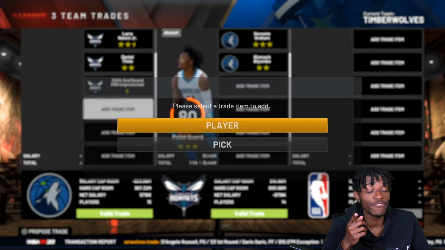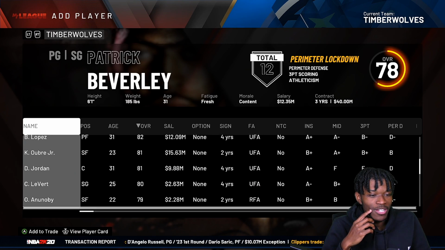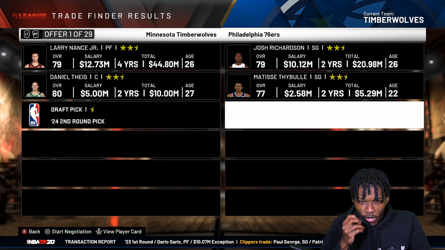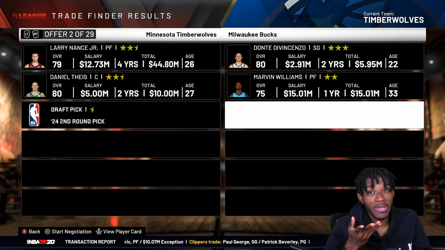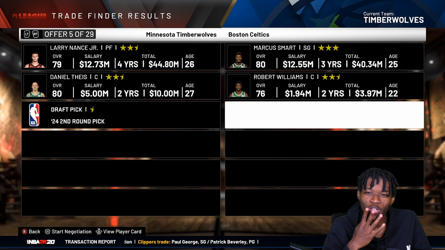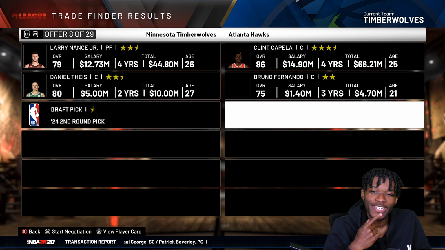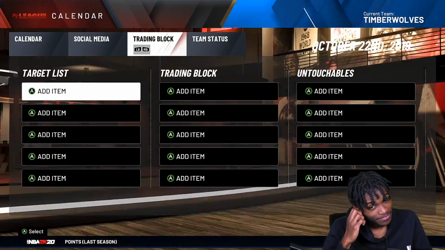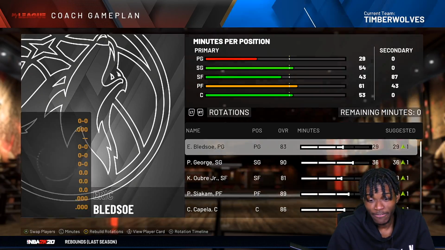But we just got Caris LeVert, and we don't need another shooting guard. Yeah, because I would have made Devonte' Graham a shooting guard. I don't know if there's a trade out here that benefits our team other than this one. I think it's the only trade that benefited the team.